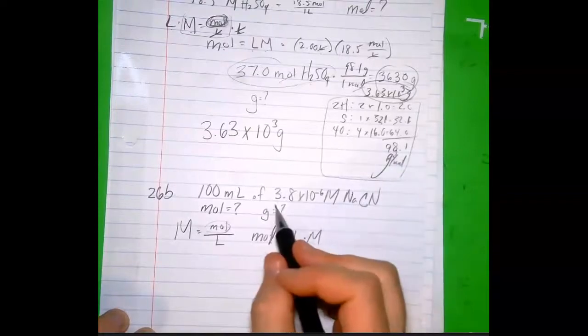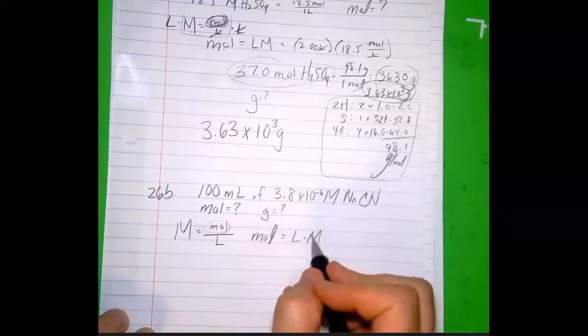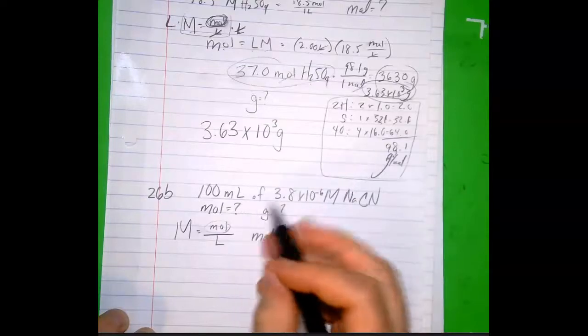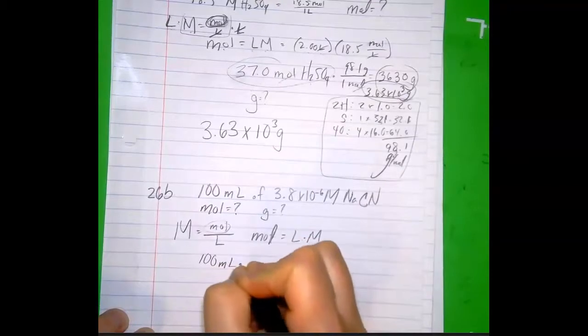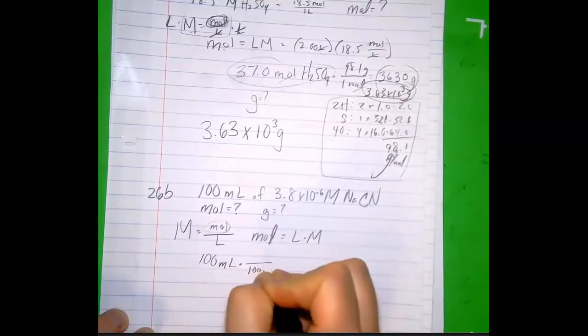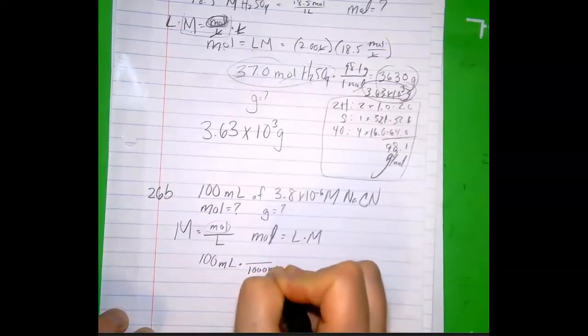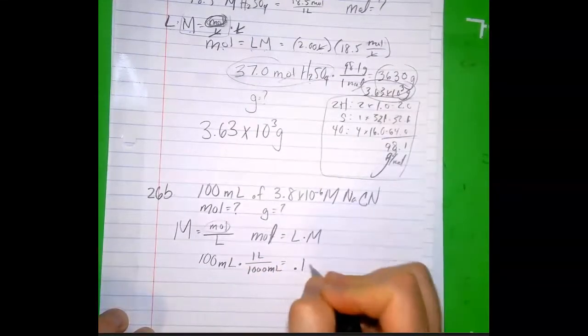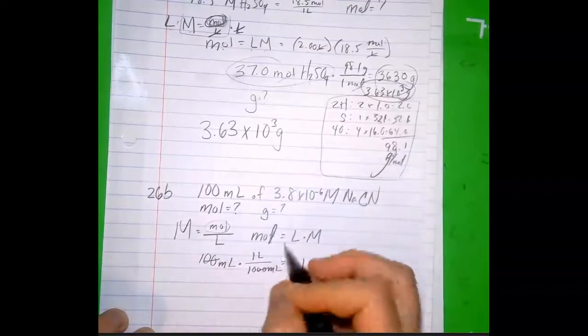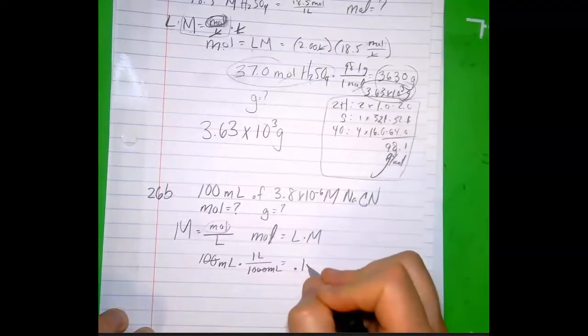Well, I have liters. No, I have milliliters. Do I have molar? Yes. But do I have liters? No, I have to convert. So 100 milliliters. I know that there's 1,000 milliliters for every 1 liter. So that's going to be 0.1. Cross out the zeros. Make it easy for yourself. 1 divided by 10 is 0.1